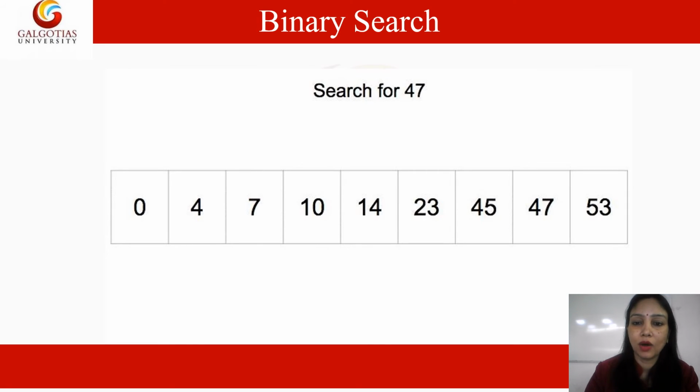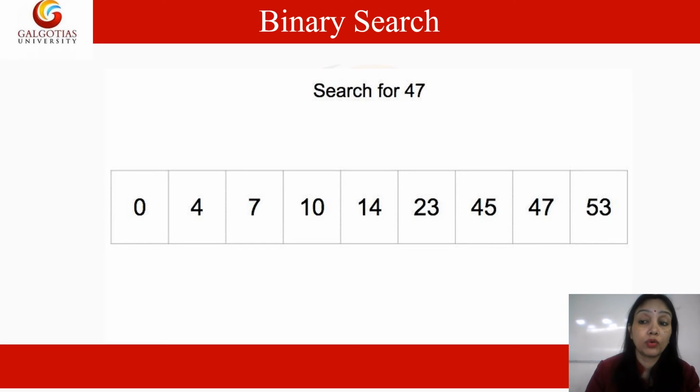Now here is one more example. You have to search for 47, right? And again, because this is the condition for binary search, your list should be sorted, and your list is already sorted. First you take the mid of that list, then you compare that mid element with the element which you want to search, and after that you decide whether you go for the first half or search in the second half. So again here our element is found in the second half. In this way you can apply it.